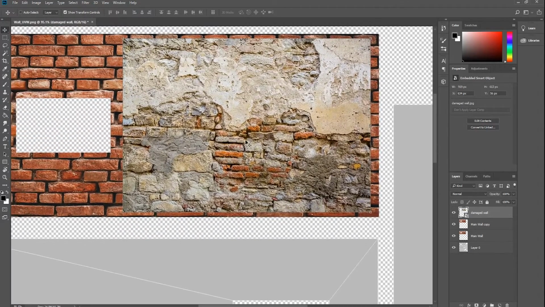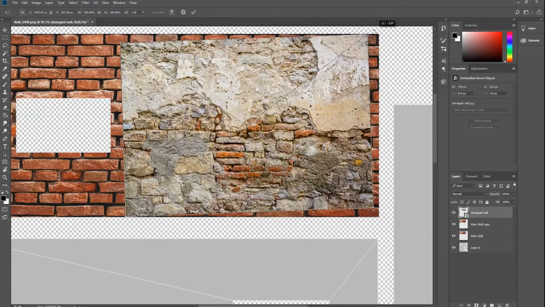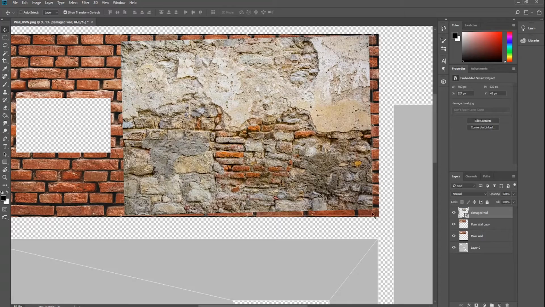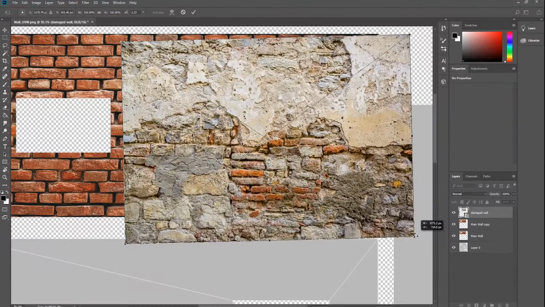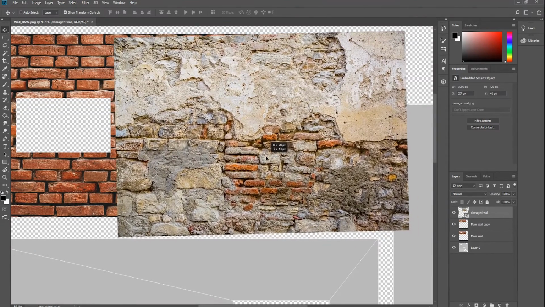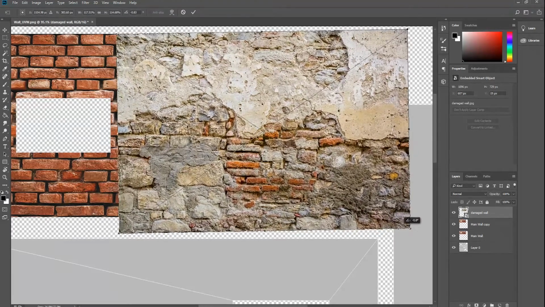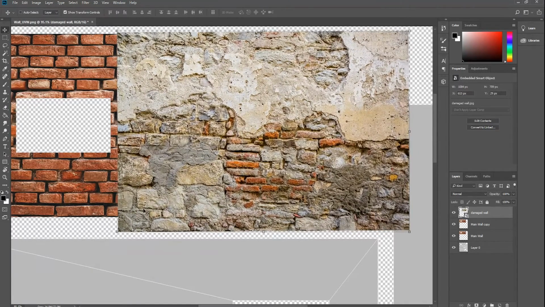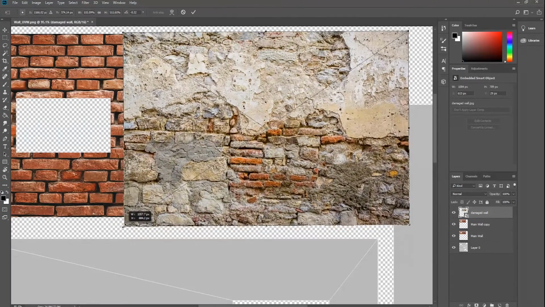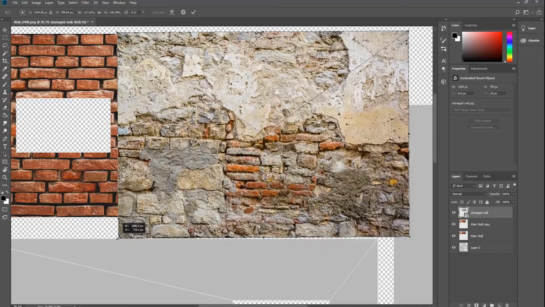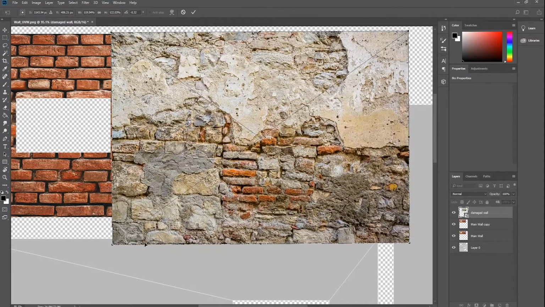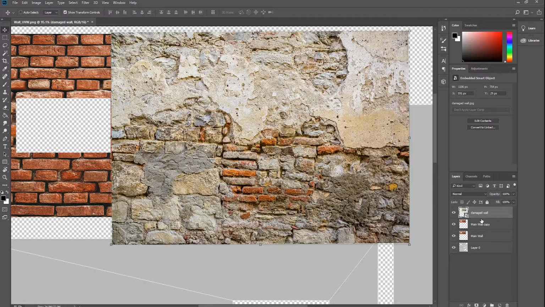I like to have it where the bricks are going in the same direction as the ones behind it, so if I grab the corner I can slightly tilt it a little bit. I'm just going to resize this a little bit, and maybe pivot it a little bit more. So just adjust it to where you want it to be. Rasterize the layer